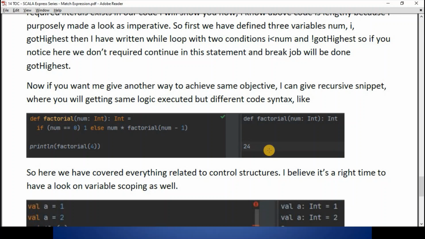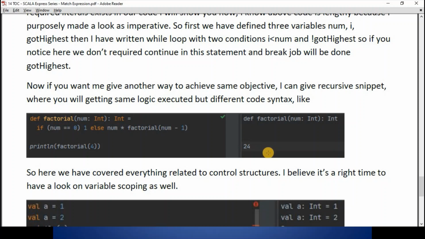So with this, we have covered almost everything about the match expression. In fact, we do not have break and continue keywords, but if you see, we don't actually need them. Our language itself is sufficient to tackle these kinds of use cases where we would require break or continue types of keywords in other languages. We don't need them here in Scala.